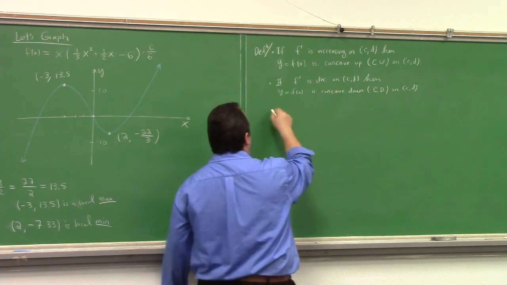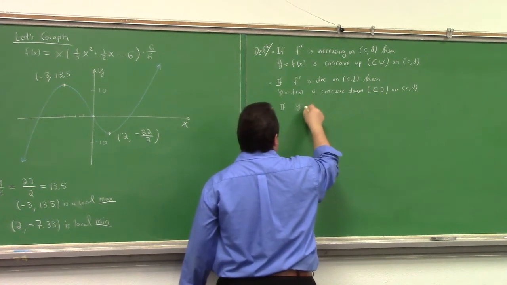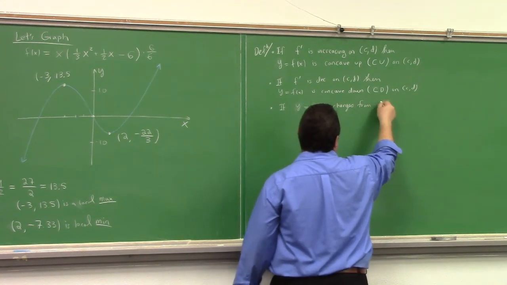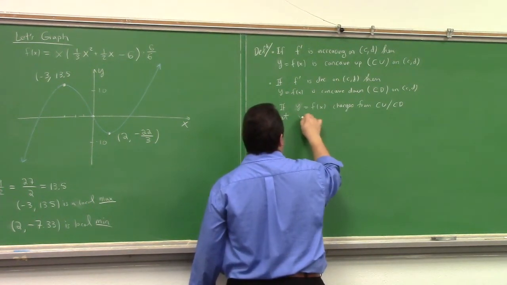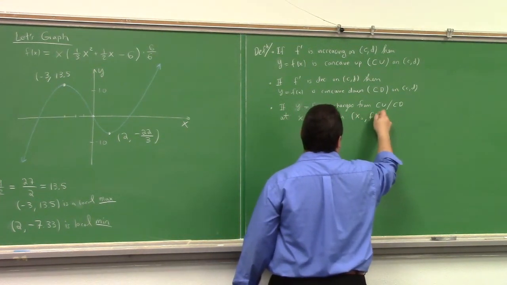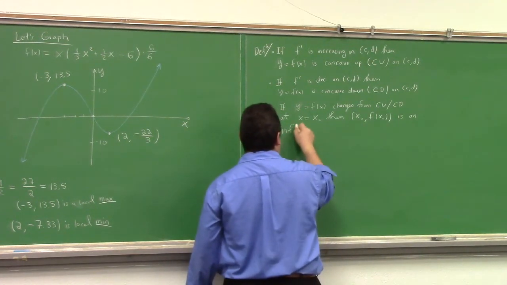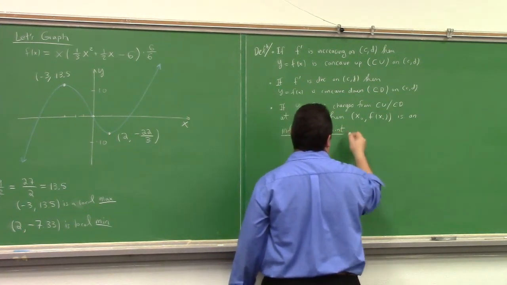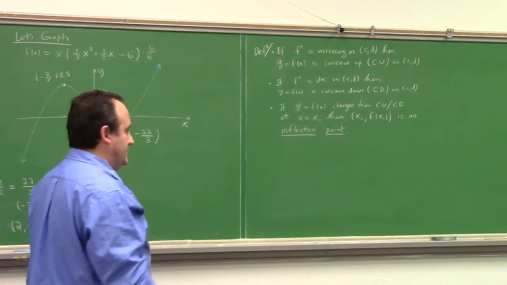Right? And furthermore, if y equals f of x changes from concave up to concave down at, let's say, x equals x naught, then x naught, comma, f of x naught is an inflection point. All right. So, now,